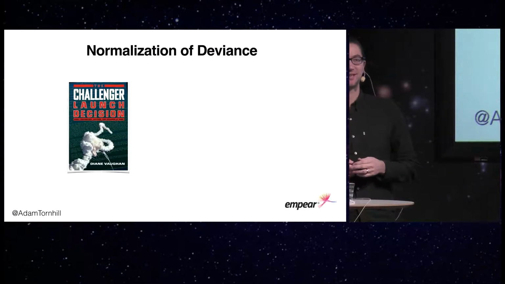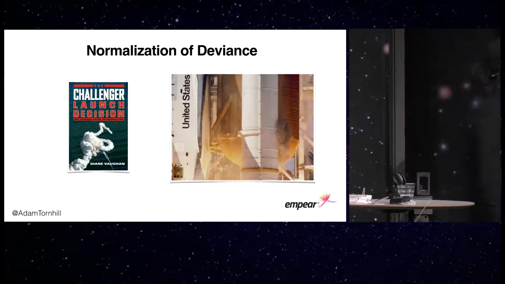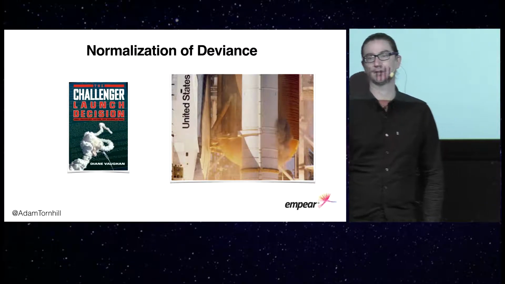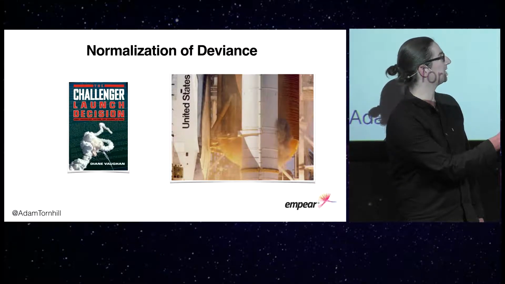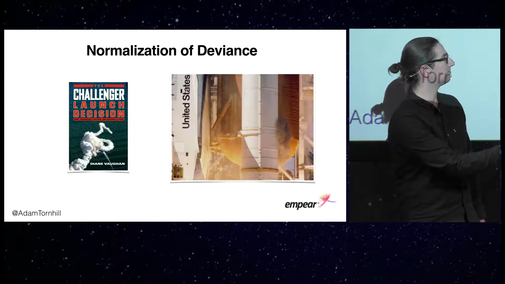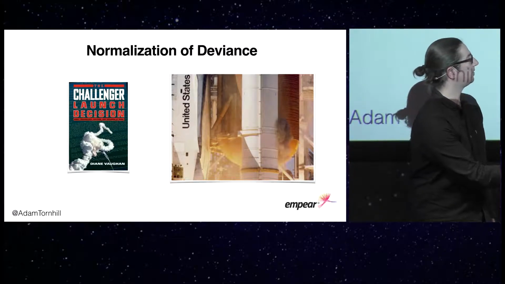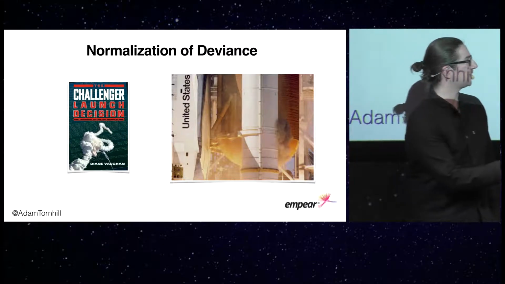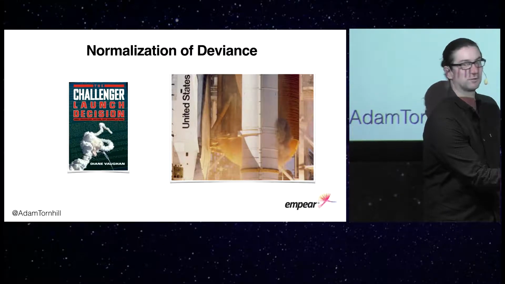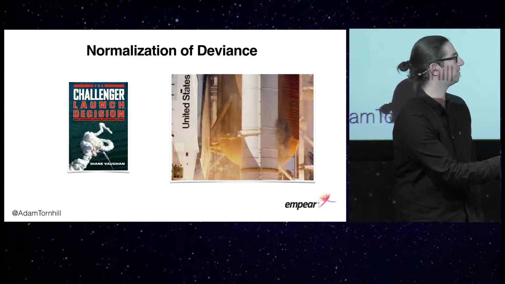So let me take a quick tour of the accident for the rest of you. This is back in 1986. This is the final launch of the Space Shuttle Challenger. And what you see here is the actual space shuttle. This orange-ish object here, that's the main tank with a lot of rocket fuel. And what you see here is something called a solid rocket booster. Now, the interesting thing here is that you might see this puff of gray smoke here. You see it? That's not a good thing. That's not supposed to be there.